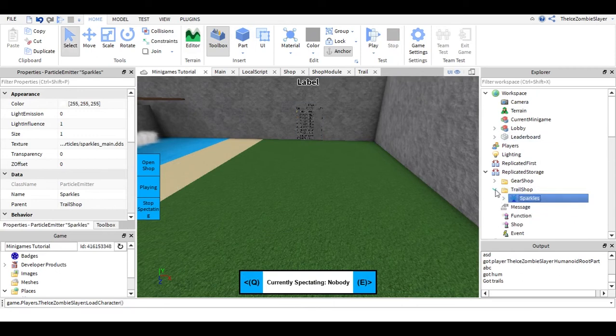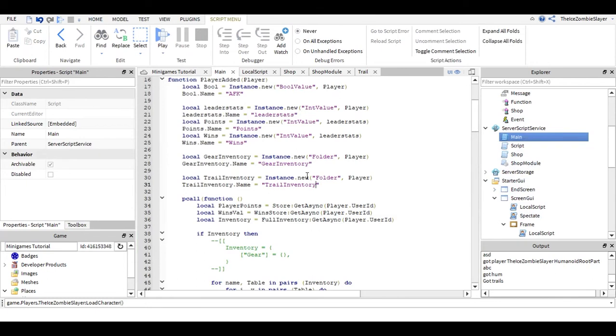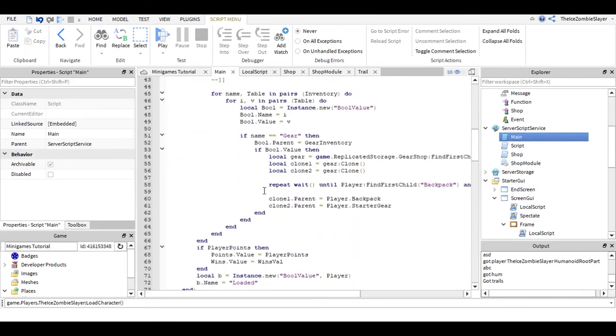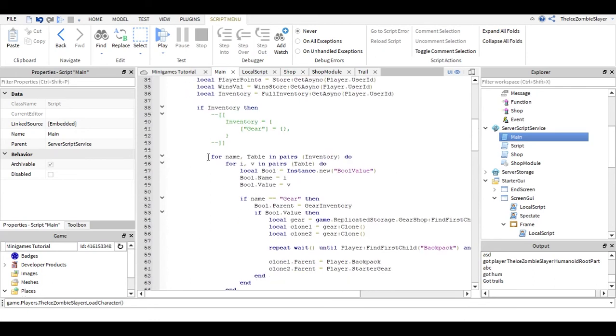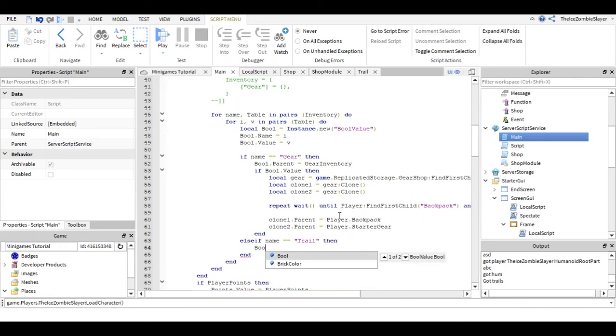This is gonna be really quick. If I go to main, and okay, so inside the loading data part, add else if name is equal to trail, then bool.parent equals trail inventory. And